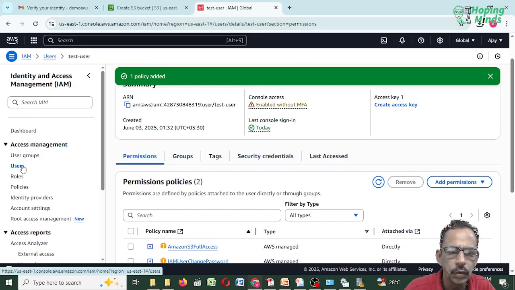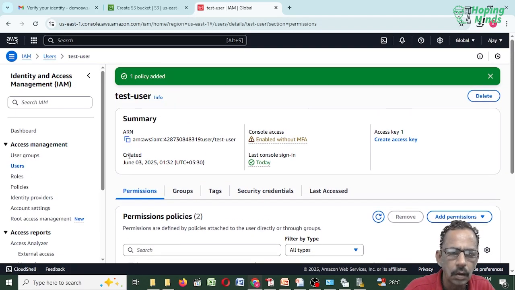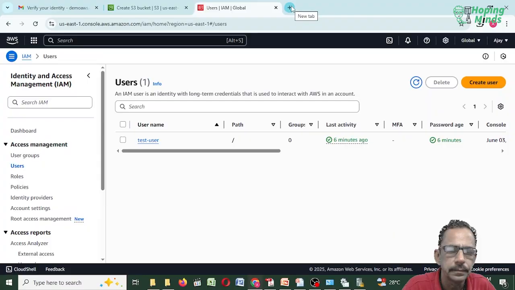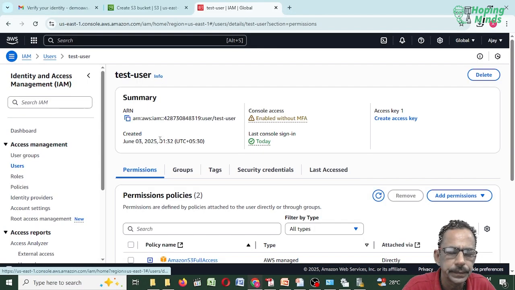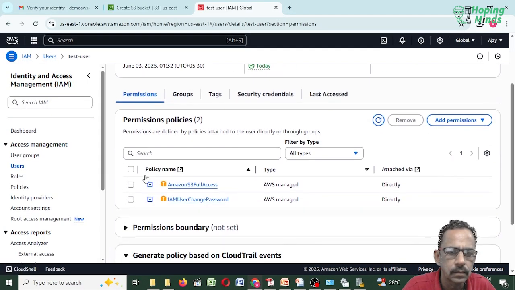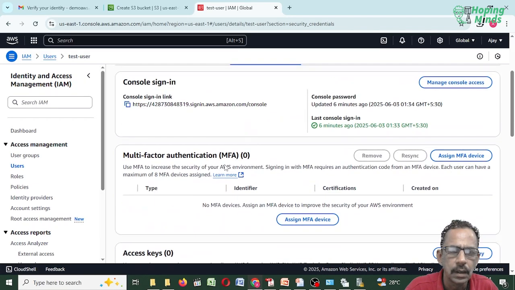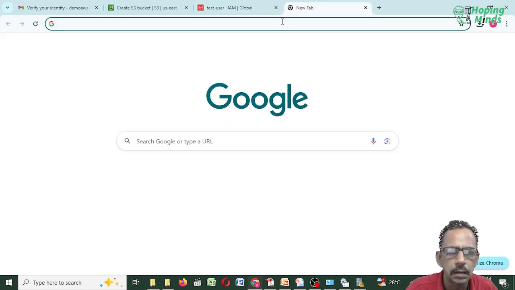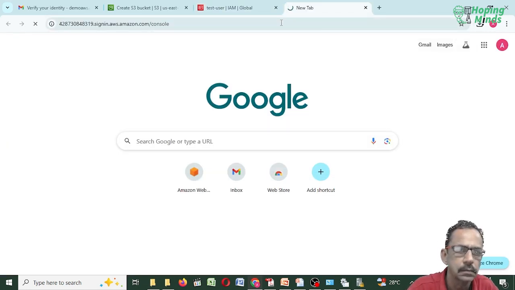Now if I go to user, test user, now you can see here the policy has been attached. So if I copy the console link here and log in here, S3 permission has been given to him.